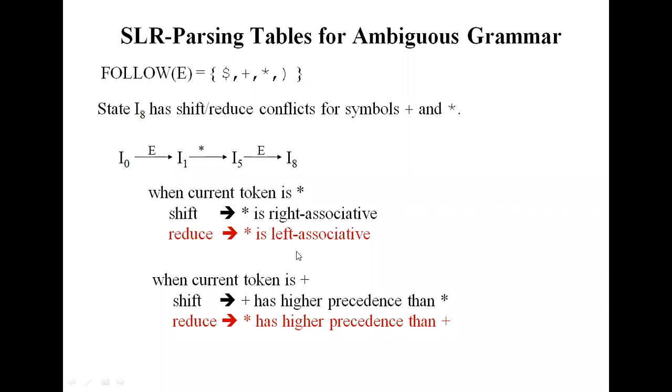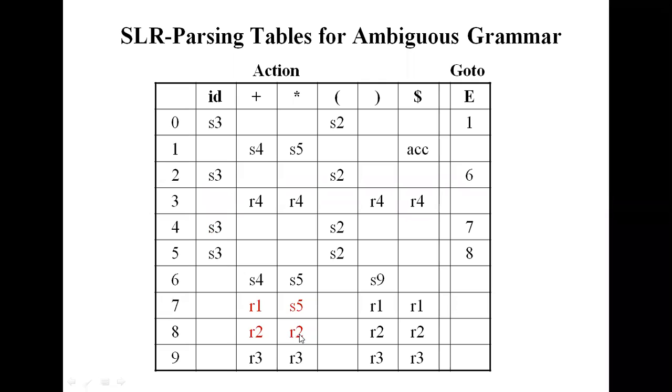When I perform the left associative with the star, star is having the highest priority, so I am using a reduce operation there. And when I'm considering the plus token, that is a terminal plus, in both shift and reduce, reduce has the highest precedence. Why? Because when I perform the reduce operation at star and plus, star has the higher precedence, so I am preferring the reduce here. That means in both plus and star, here I am using two reduces. See, reduce. In such a way we can resolve, but